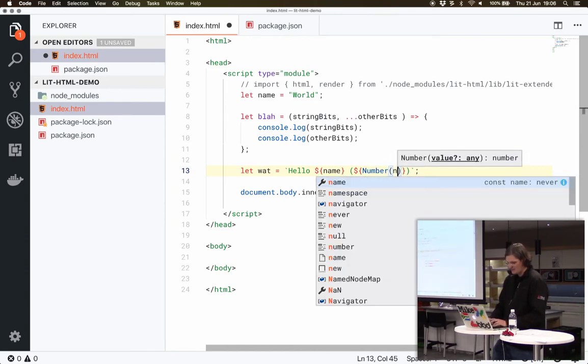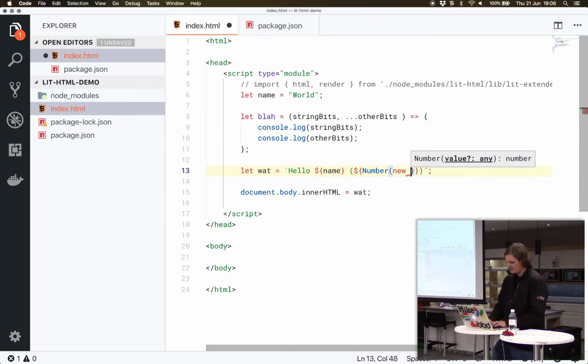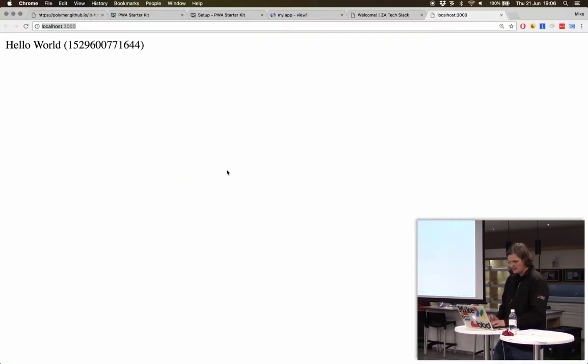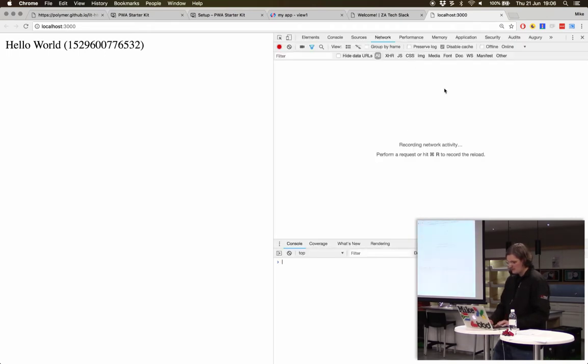Let's just go number, new date, which is just going to give us the number of milliseconds since epoch in a very simple manner. Okay. And when we do that, firstly you'll see that it updates properly. And if we take a look at the console,